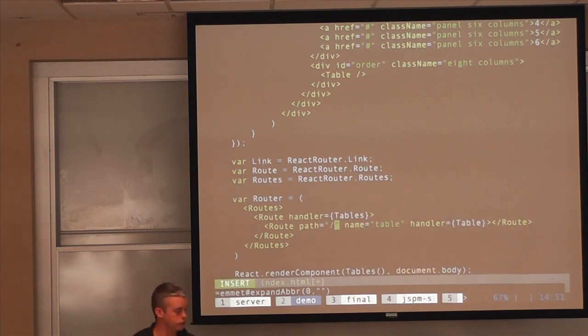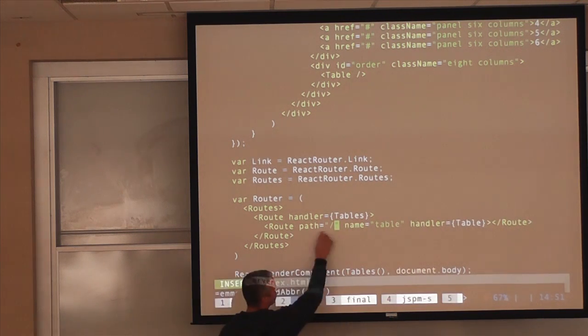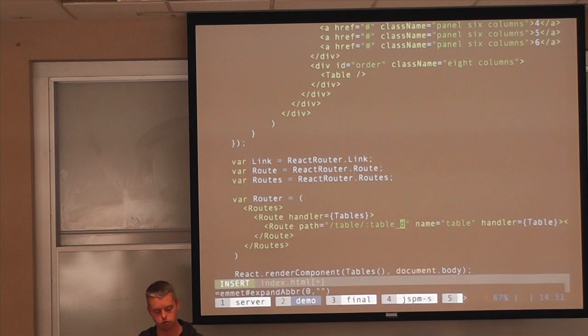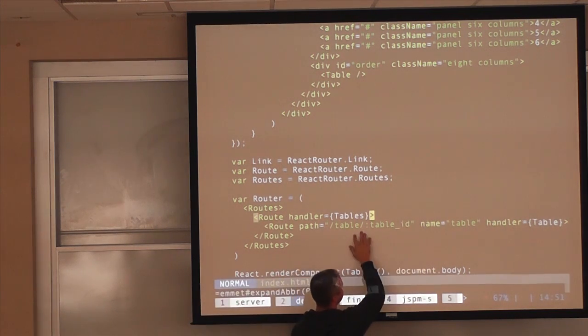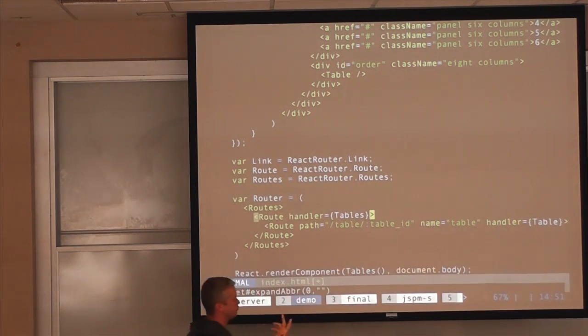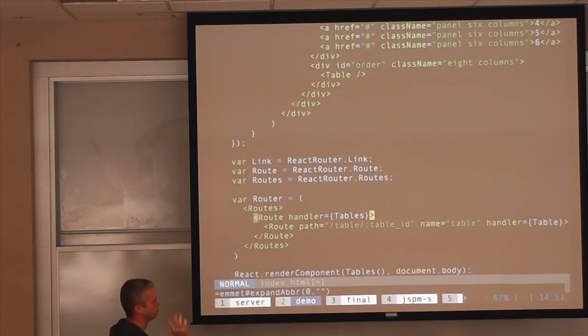And this is where you can dynamically declare what the browser will render in the URL when the person transitions to this. So I'm just going to call it table. And then you use this colon syntax, and then whatever table ID, whatever variable you want. So I just did colon table underscore ID. And this can be anything you want. There could probably be some convention work in the future, but for right now, it's just a variable